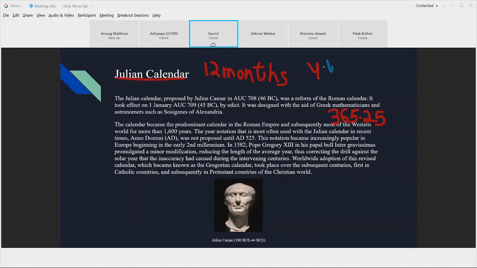And every fourth year there is a leap year, just like we have now. Every fourth year we have a Feb 29, that is a leap day, which occurs in a leap year. So we have that system even until now. And so you may think, if we have this Julian system even now, why do we not call it the Julian calendar? Why do we call our calendar the Gregorian calendar? Good question. I'll tell you about it in the next slide.